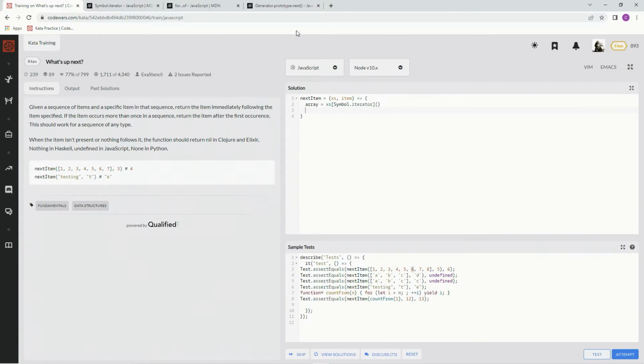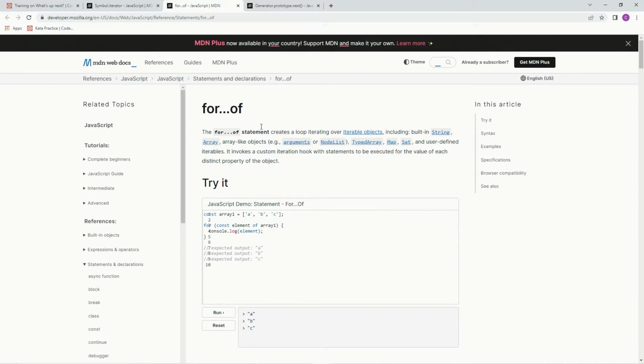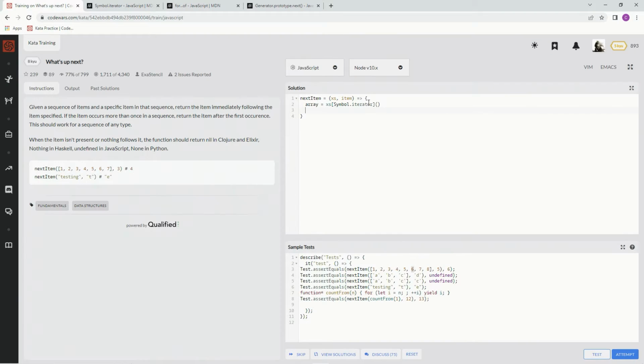And after that, we're going to use this for-of statement, which creates a loop iterating over iterable objects, including all this stuff, and also user-defined iterables, like what we're using, all right? And it's going to invoke a custom iteration hook with statements to be executed for the value of each distinct property of the object, okay? So what that means is we're just going to say for, and we're going to say let array of,